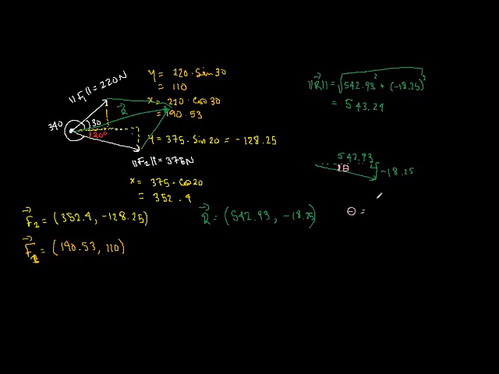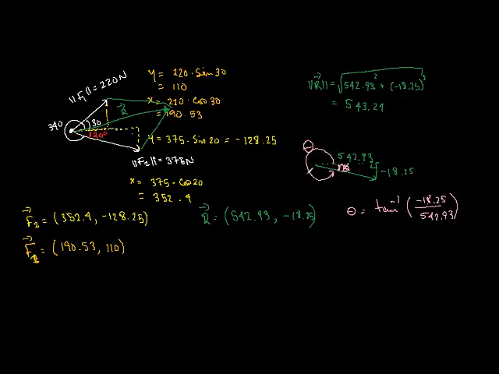Theta is equal to the tan inverse, tangent because I know the opposite and the adjacent sides, so tan inverse of opposite, negative 18.25, over 542.93. Now, actually the way I've set it up, because I put a negative in here, it won't give me the theta inside. It'll give me this angle here. So this is actually what theta is. So I'm going to cross that out. There's our theta. This is the exact value we're looking for with respect to the horizontal in the positive direction,